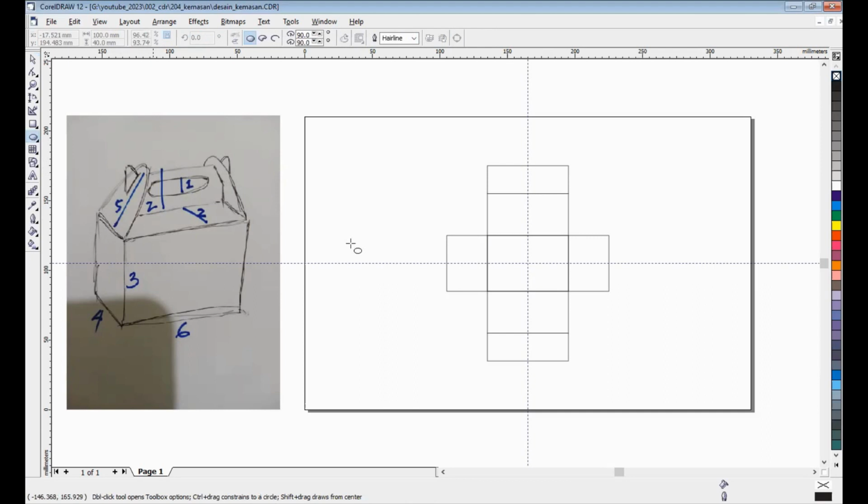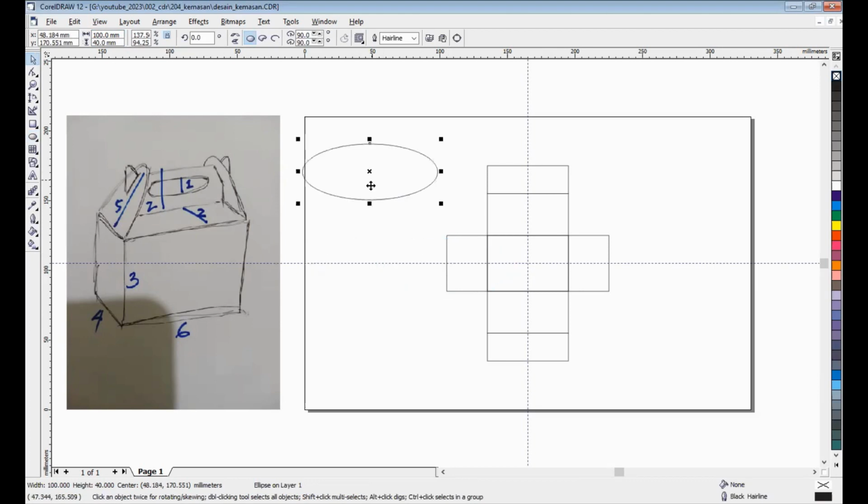Maybe 2. Okay, 5. Maybe if you want to, 5, maybe 10 and 4 centimeters, like this.